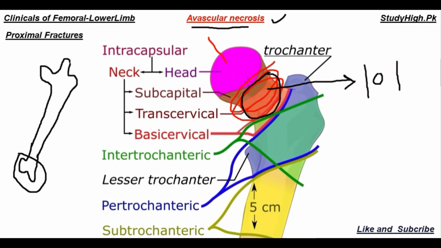So we have discussed the different types of fractures: subcapital fracture, transcervical fracture, basic intertrochanteric fractures related to the proximal part of the hip and femoral bone, and the intracapsular fractures that involve those structures that form the hip joint. If broken, then we call them intracapsular fractures of the hip joint.